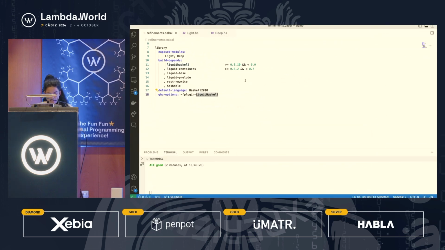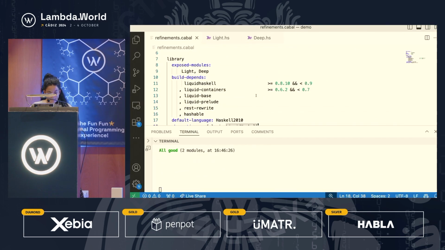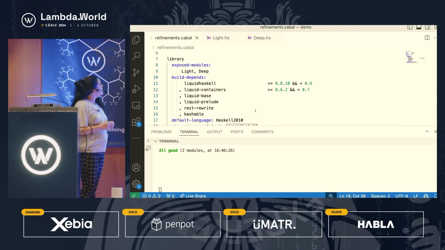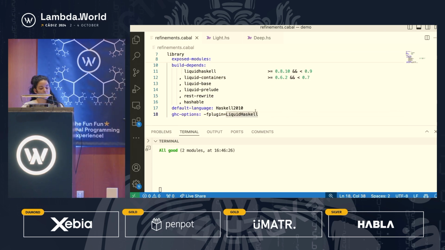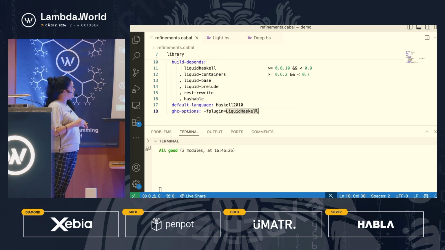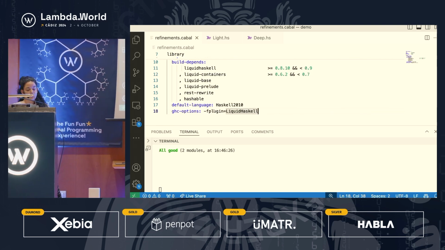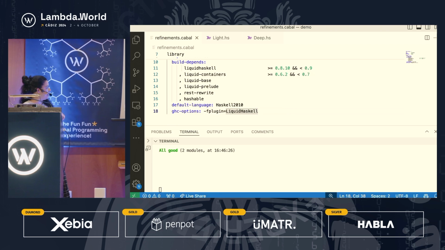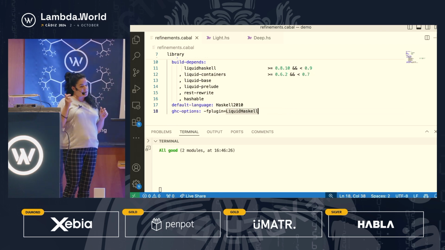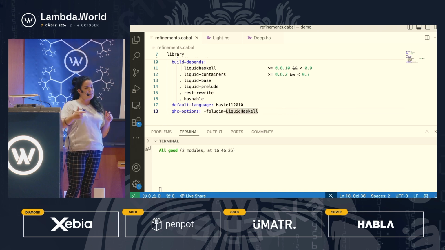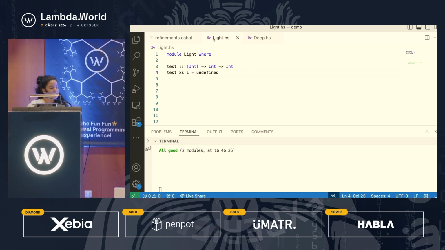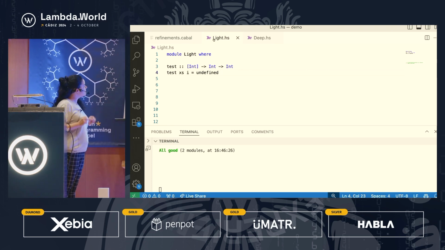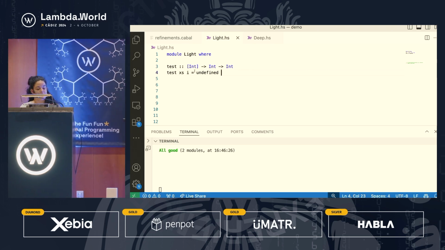Okay, this is too small. Okay, let me try here. So Liquid Haskell is a GHC plugin for Haskell, which means that you can use your standard build procedure, and when you build your project, you use the plugin Liquid Haskell. So now every time I am saving my project, I have the plugin of Liquid Haskell running in the background, right? So here I have my example, and I have as an input a list, xs, and an index I,